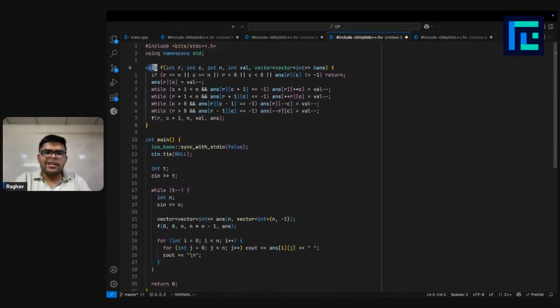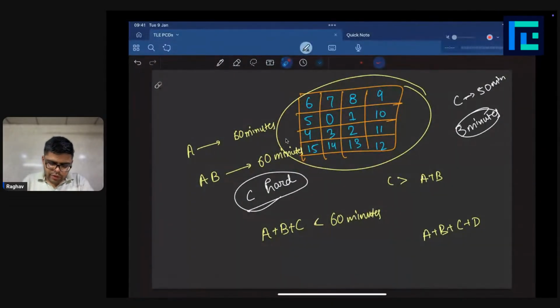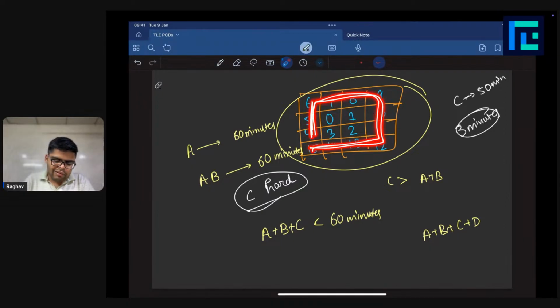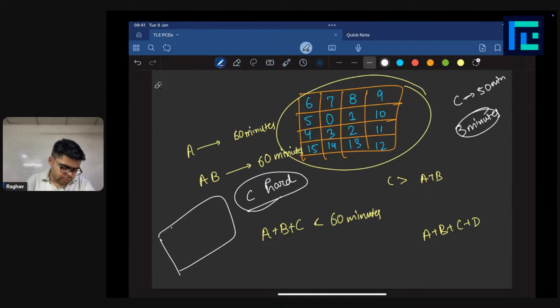You can just create a recursive function. I just created a recursive function in which I will print values of all of these people. I will fill values of all of these people. And then I will call the recursive function for this layer. So let's say if there was a 6x6 grid,